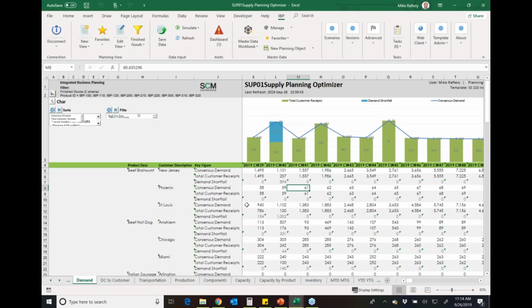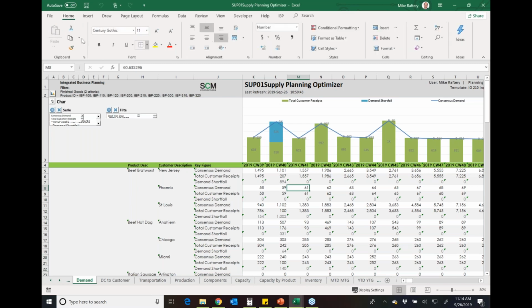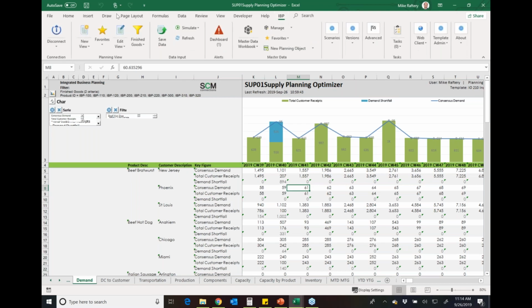So for those that haven't seen it, IBP as a platform should look very familiar. And the reason it should look very familiar is because you have Excel, right? This is Excel. Look, I'm showing you right here. This is your standard issue toolbar. This is your formatting options. These are the ribbon that everybody has. I think this is 2019 even. And when you get IBP, what you're doing is you're actually installing an add-in, and that gives you this ribbon